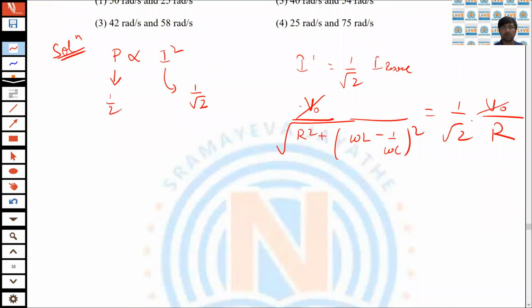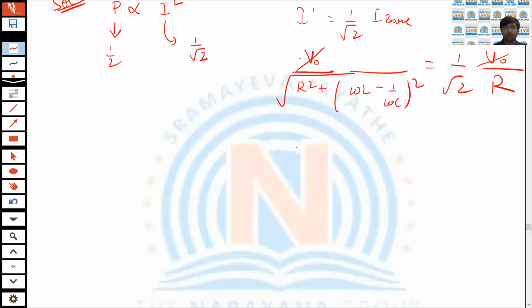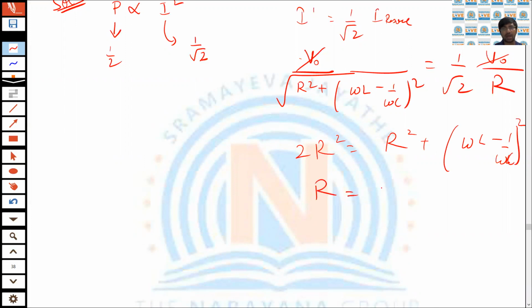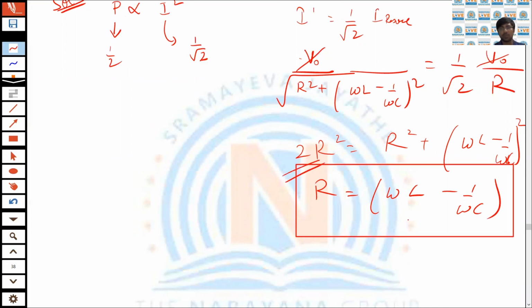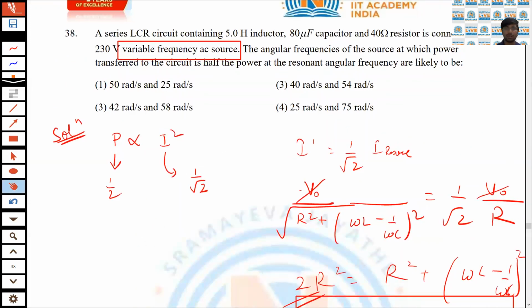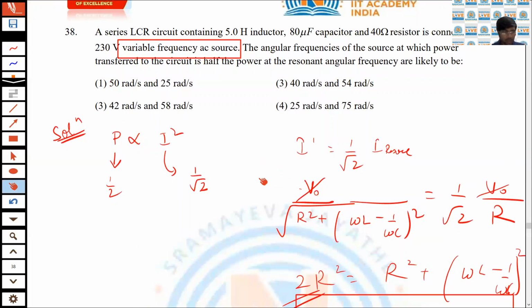Now, once we solve this, we are going to get 2R square is equal to R square plus omega L minus 1 by omega C whole square. So the value of R becomes equal to, all right. Now, once we solve this quadratic equation, we are going to get option